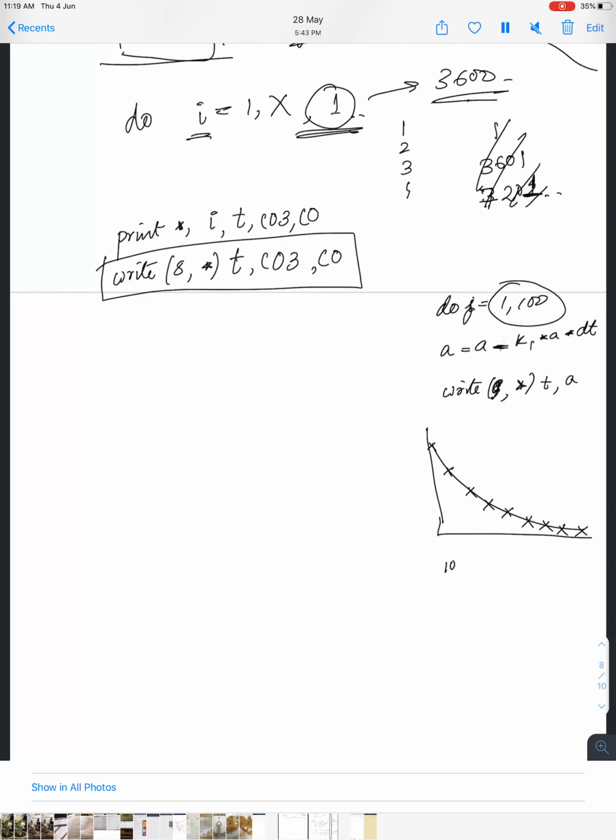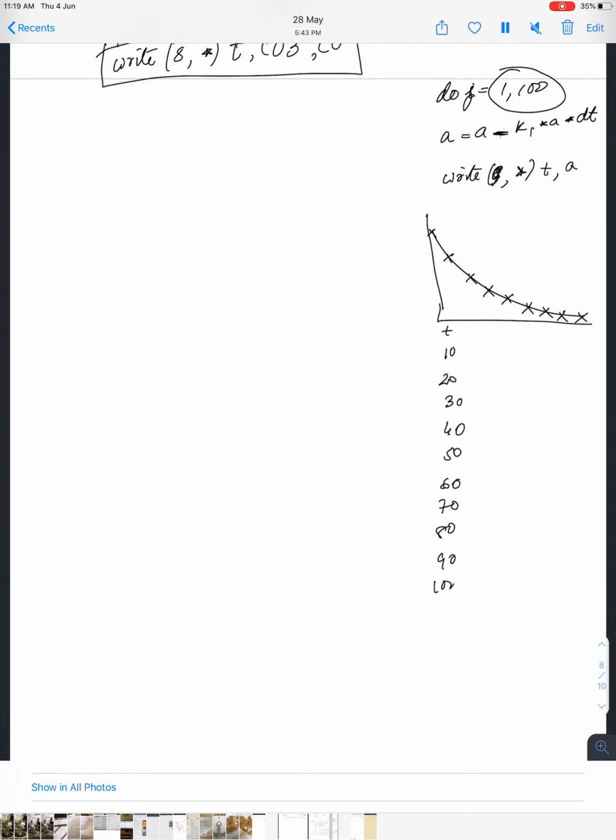So then my data file will become smaller. So then what do I have to do? I need to save at time 10, 20, 30, 40, 50, 60, 70, 80, 90 and 100. So how do I do this? What would be the logic? That means whenever my j is 10, 20, 30, at those points I am going to write my a. So I need to give a conditional statement that my j is divisible by 10, right? All of these are multiples of 10. So we have to write mod(t, 10) or mod(j, 10). Remember the t is a real value and 10 is an integer, so you have to take integers.